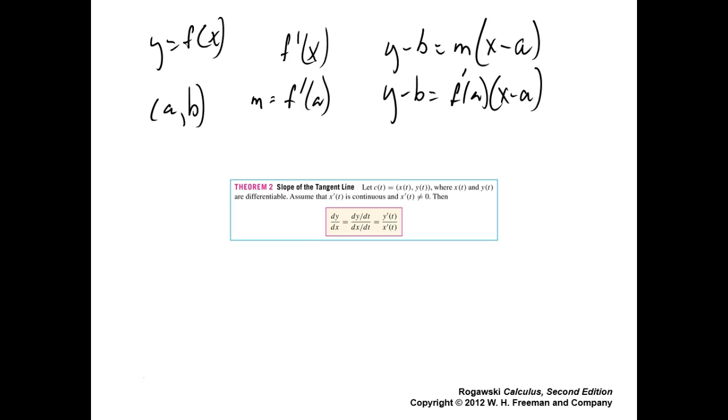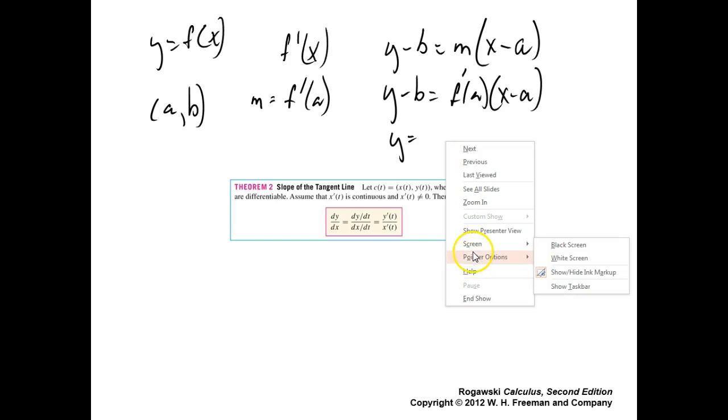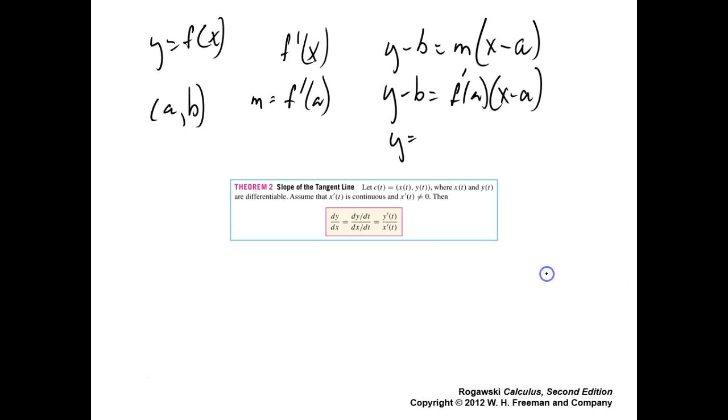And you can write it all in terms of Y is equal to B plus, well, let's see. Maybe it would be better to do at least a little closer to slope-intercept form. Okay. F prime A, that's your slope, X minus A plus B. Okay. You don't have to write it either way, but yeah, that's a little bit clearer. Okay. Now,